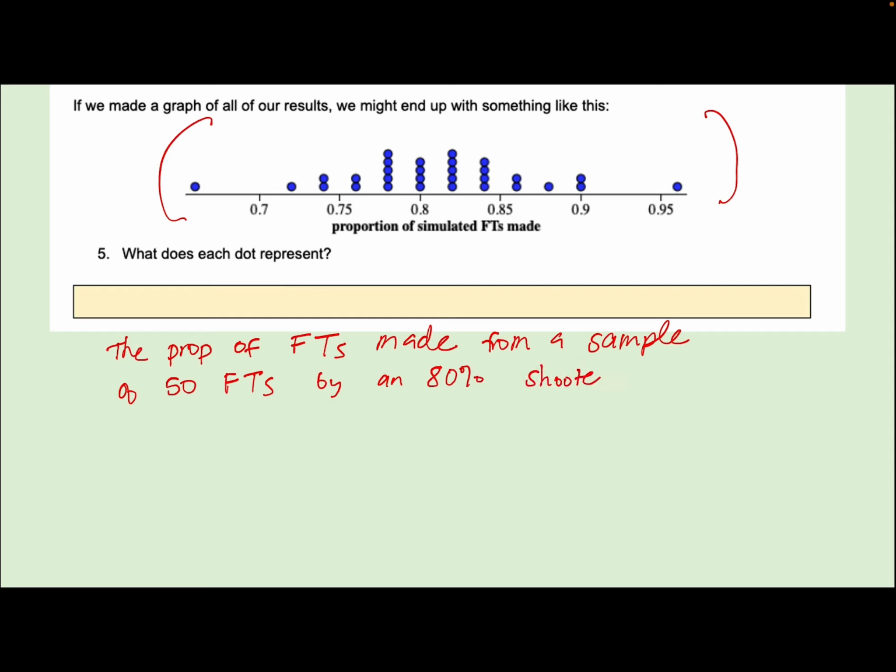And that part's important. For your spinner, you set it up to be 80%. So it's important to notate here that each dot represents the proportion made by an 80% shooter.